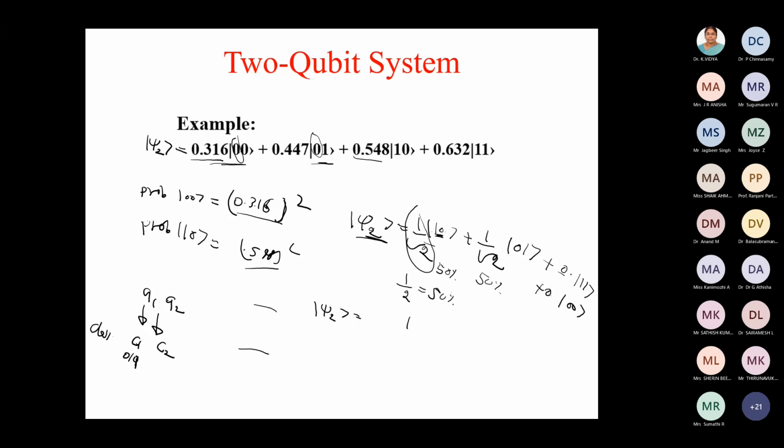So when we measure this Q1 and Q2, this 2 qubit system, Psi2, which has 2 qubits Q1 and Q2, we will get a classical 1 here and a classical 0 here. First qubit I measure, I got 1. Second qubit I measure, I got 0. So it means I got the state 1 0. If I get 0 1, then I will say this case happens. So in this case, Q1 measured to 0, Q2 measured to 1.